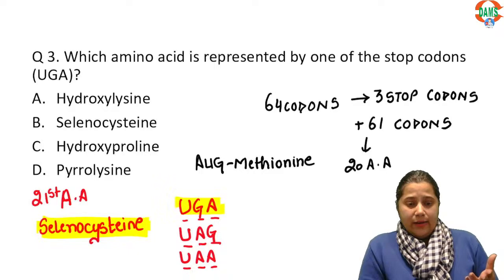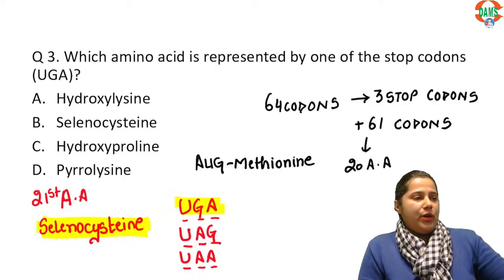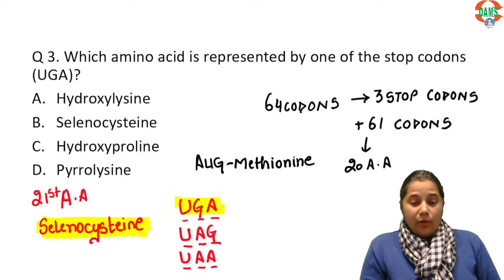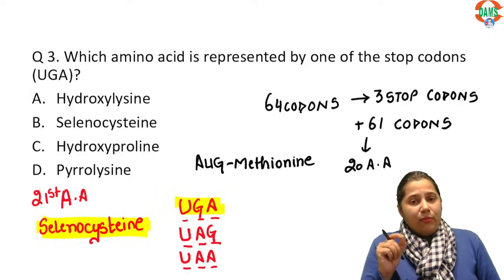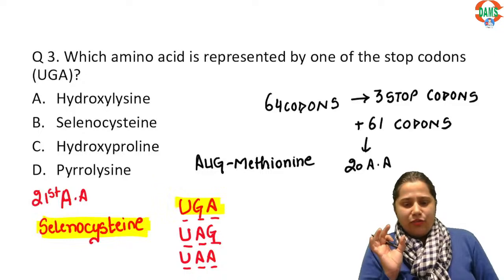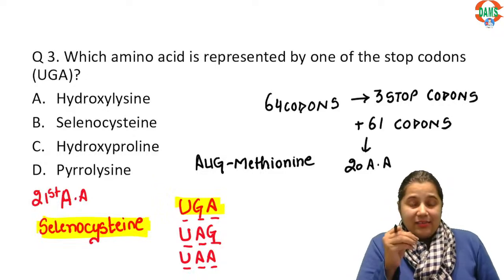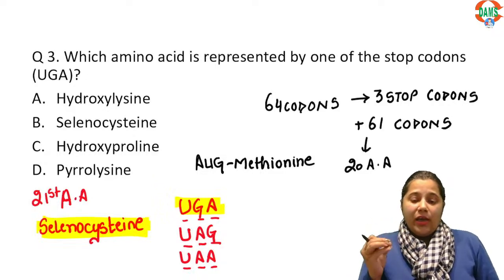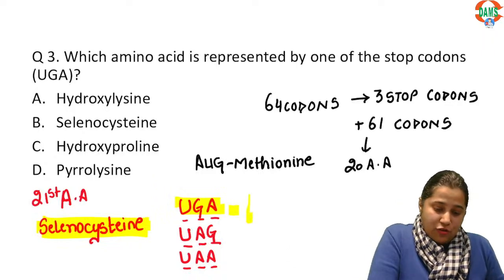This was found out later because for the 20 amino acids, 61 codons were already assigned. So it was very difficult for us to know which codon was coding for selenocysteine. So they found out that there can be a stop codon which for most of the mRNAs behaves as a stop codon. But when it has to form a protein which has selenocysteine in it, UGA does not behave as a stop codon. Rather, it binds to a specific